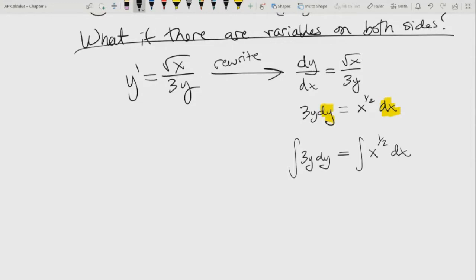So I'm just ready to do each integral individually. So left-hand side, that's pretty straightforward, right? Bump up the values, this is just power rule, right? Bump up the exponent by 1 and divide by it. So this would be 3/2